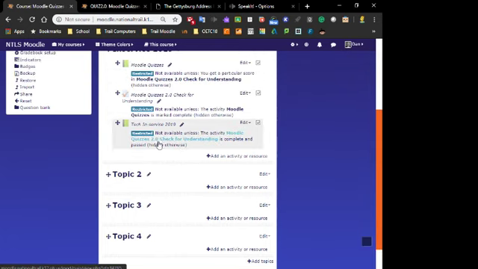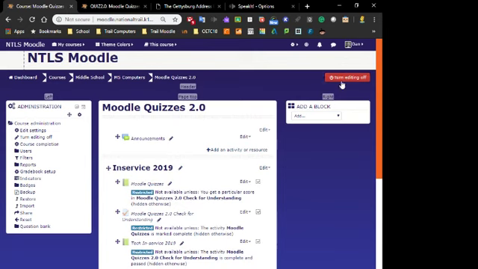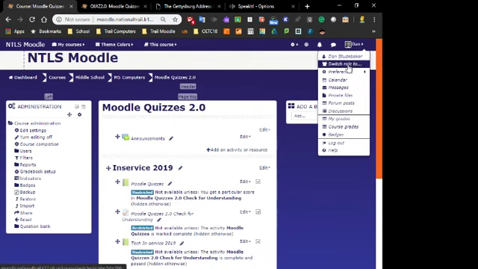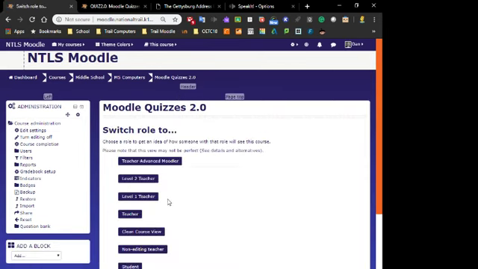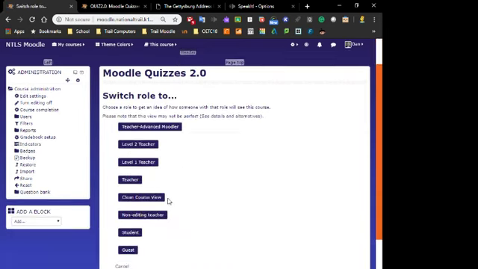Now these things get a little convoluted when you're in the full-on teacher mode. If you don't like looking at these things, the easy way is to switch your role, and you go down to clean course view. You're still a teacher, and there's your stuff, but all your restrictions and things are hidden. Which is a nice way to go about it. Normally you're like, wow, I got all that crap on there, but the kids never see it,